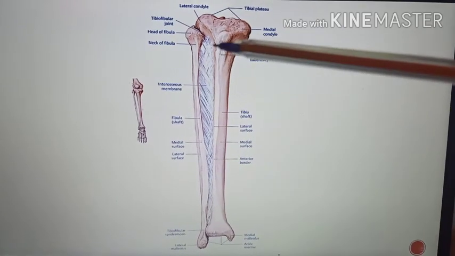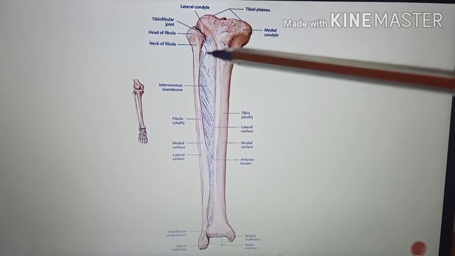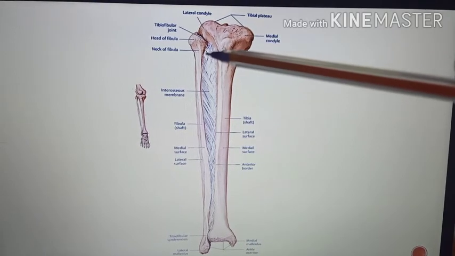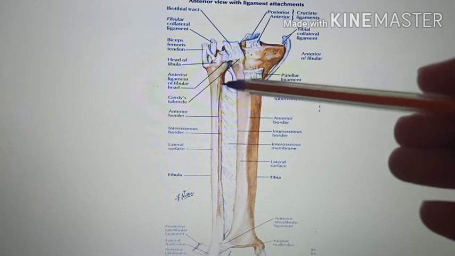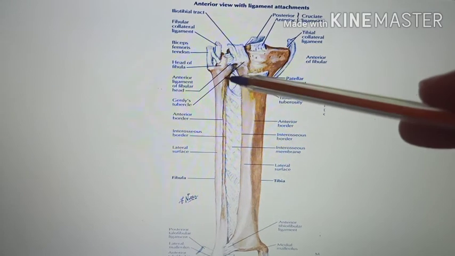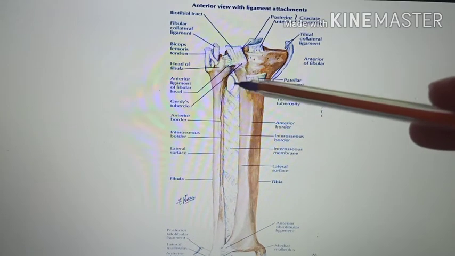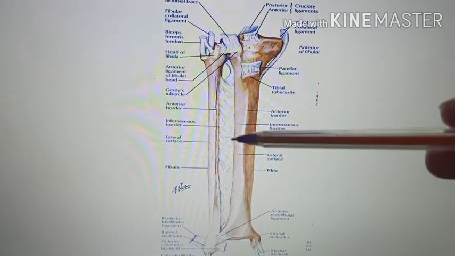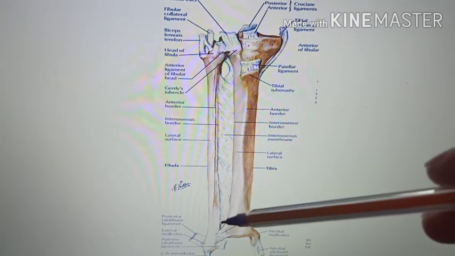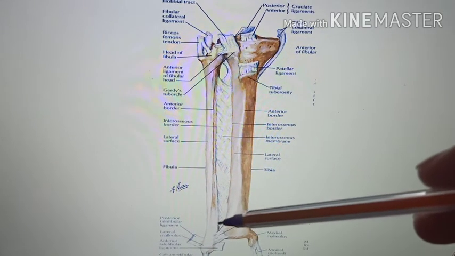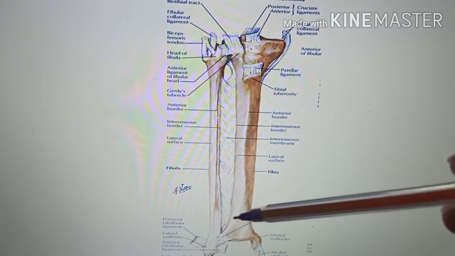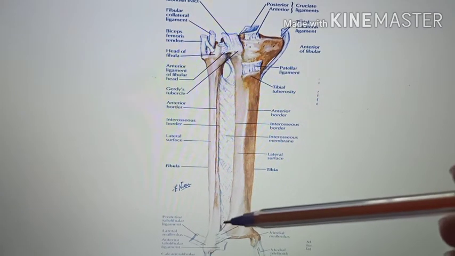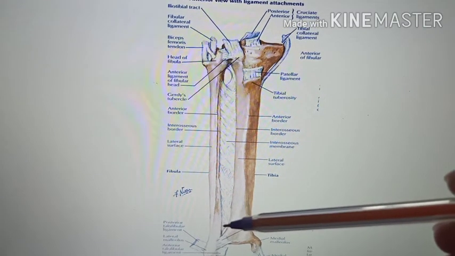Then you can see a very large opening which is above the upper free margin of the interosseous membrane. In this slide you can see this large opening more clearly. This opening will provide for the passage of anterior tibial vessels. Then this interosseous membrane will also present another small opening, what you can see over here. This opening is near the lower end. It is for the passage of perforating branch of the peroneal artery.